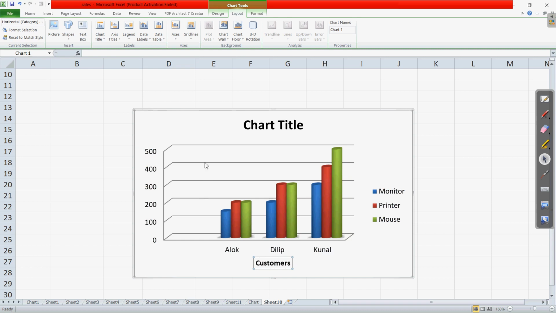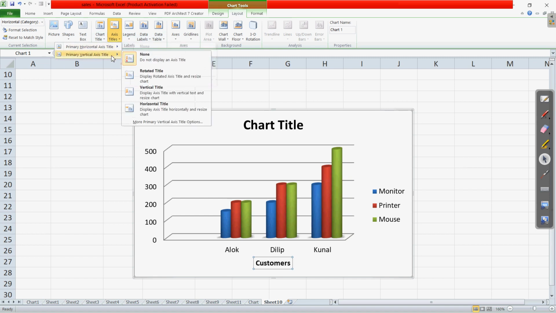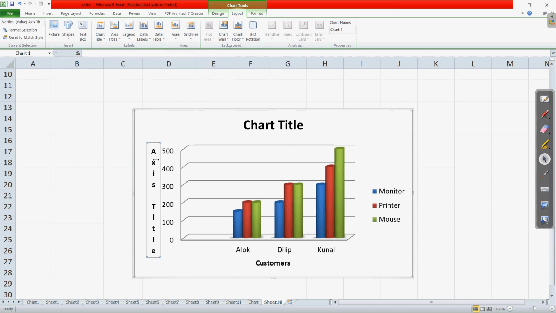In the same way, if you want any title to be present on the y-axis, again we have the chart title, and let us now click on the vertical axis title. Now you can see that this axis title is like this.